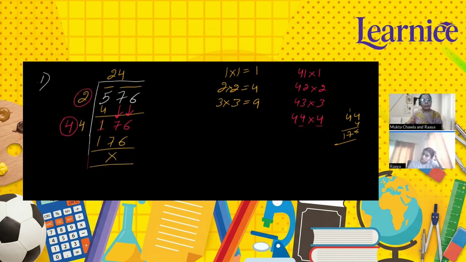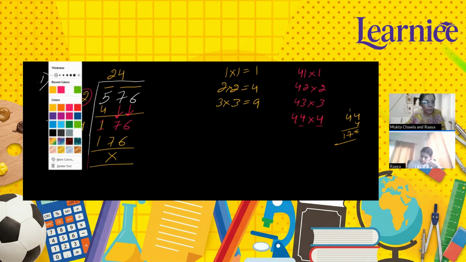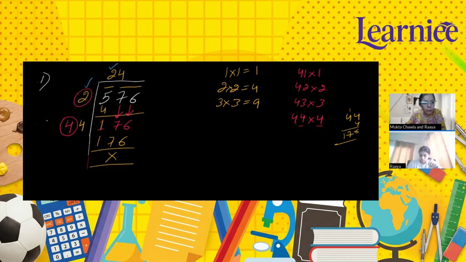Again, I'm repeating the steps for you. First we did 2 twos are 4. Then we subtracted 4 from 5 and were left with 1 only. Now, when you double 2, that is 2 plus 2, we get 4. In the next step, you have to double up the value and check which number to write with 4 to get the resultant value 176. So I tried 41 ones are, 42 twos are, 43 threes are, 44 fours are. Whatever number you write on the right-hand side, that specific number you multiply with. If you write 41, then 1 is multiplied with 1.